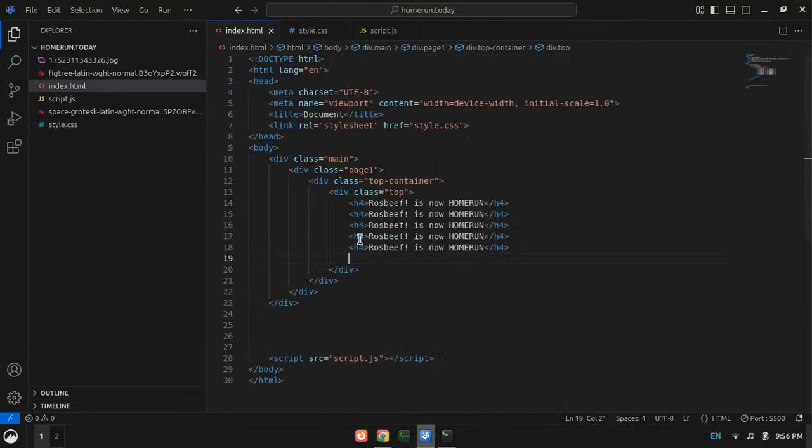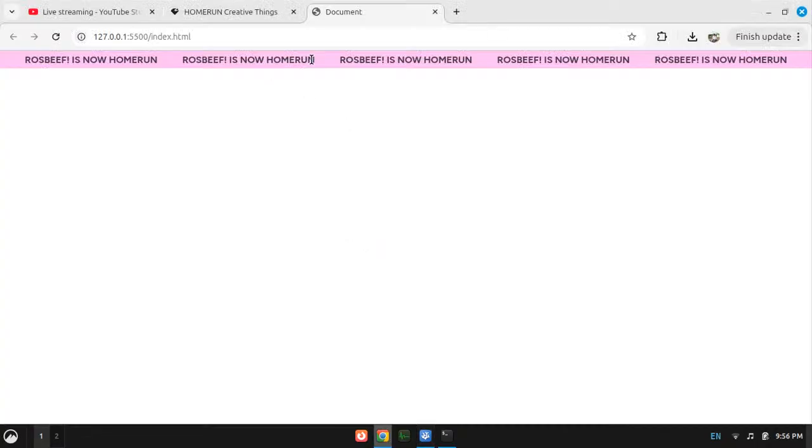However, now let's work on the animation. So what we actually need is 3 of these strips. We have 1 strip here. We need 3 of these strips, which will be aligned in one single row. Like this is one strip, this is one strip, this is another, in that way, and the strips will go beyond the view screen, right? And we will then animate them using the CSS.